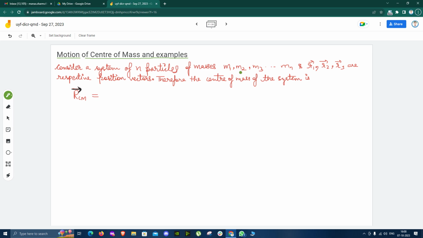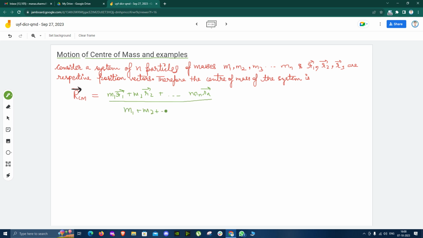सो लेट्स कंसिडर अ सिस्टम ऑफ n पार्टिकल्स। n नंबर ऑफ पार्टिकल्स हैं, मासेस उनके दे रखे हैं M1, M2, M3 से लेके Mn तक, और R1, R2, R3 इनके जो हैं वो पोजीशन वेक्टर्स हैं रिस्पेक्टिवली। देयरफॉर सेंटर ऑफ मास ऑफ सिस्टम हमें पता है क्या होता है, M1 R1 प्लस M2 R2 वेक्टर प्लस सो ऑन Mn Rn वेक्टर